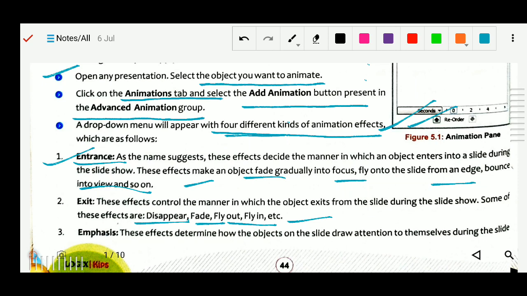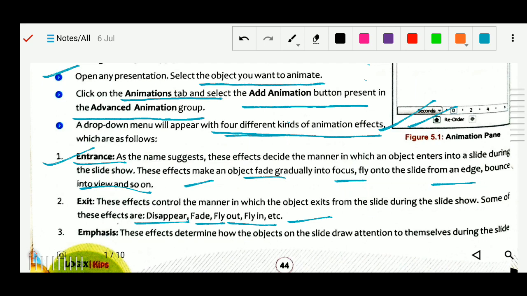Next is emphasize. Emphasize means we will focus on that. These effects determine how objects on the slide draw attention to themselves during the slideshow. We are just giving more attention. How can we emphasize? These effects make an object shrink or grow in size, sometimes decreasing, sometimes increasing. There can be color changes, spinning, moving, or rotating, in different styles.